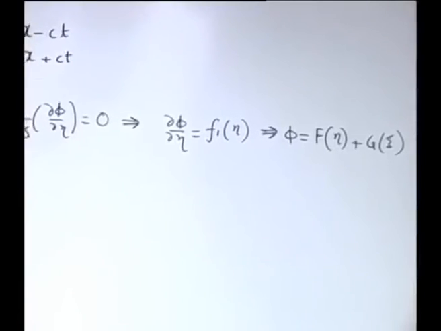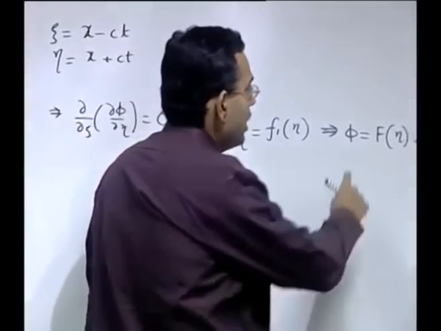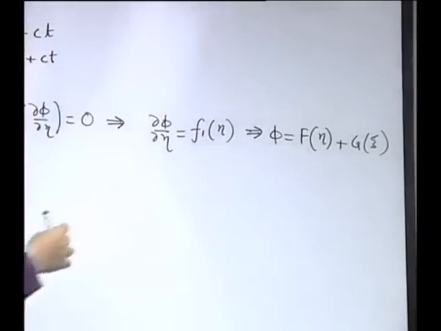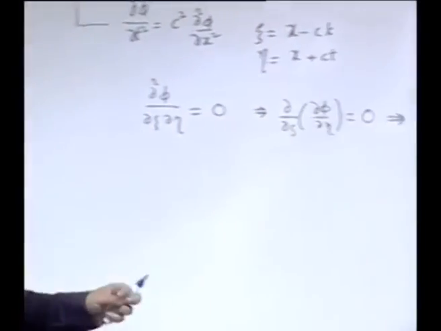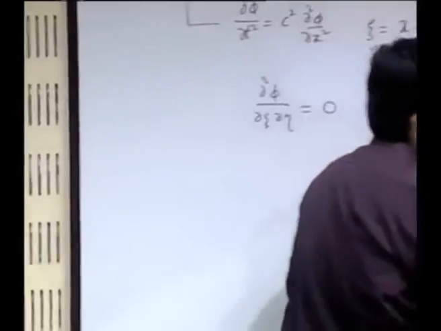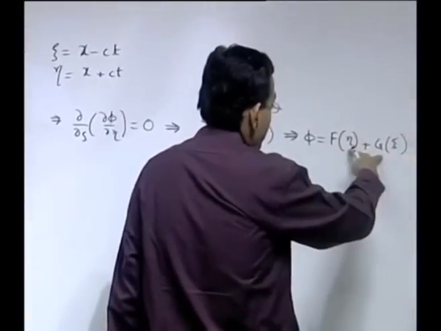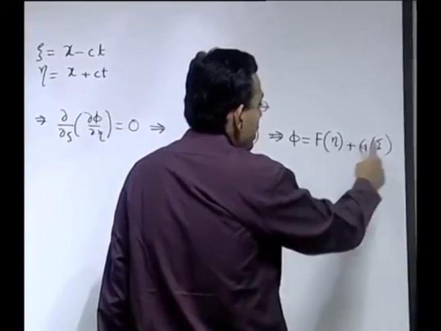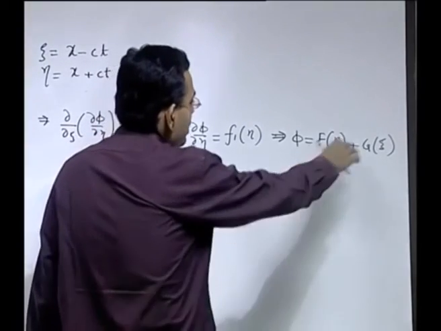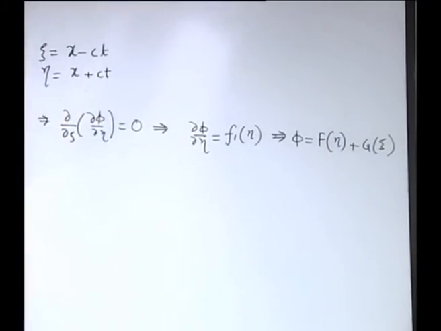So, you can see that the general solution for phi can be written solely in terms of the characteristic variables. So, as if it is a function of a single variable which carries the combined spatiotemporal effect, and in terms of those two single variables you are now expressing your solution. It is not one single variable but two single variables because the equation has two real characteristics. Now, if you want to get the actual solution, this is just a form of the solution, but if you are interested in the solution you must use the initial condition and the boundary condition.